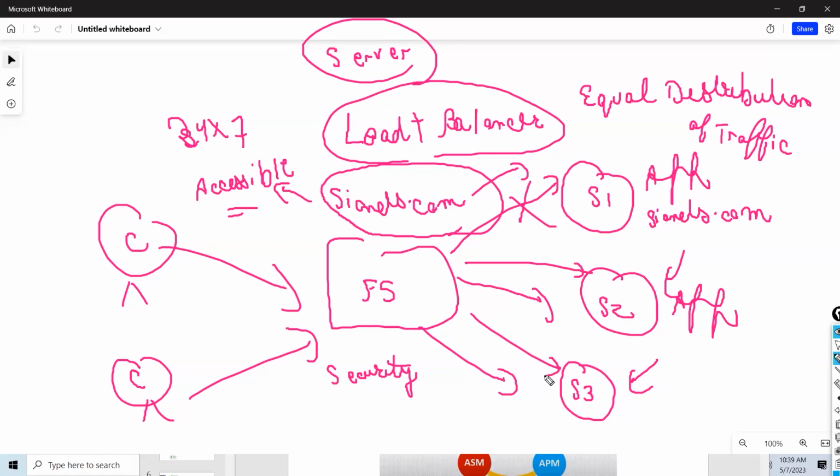That is the security which load balancer provides. Because F5 is acting as a proxy or a man in the middle for the request. So there will be two connections. One is called front end. One is called back end. So you will see this term many times.